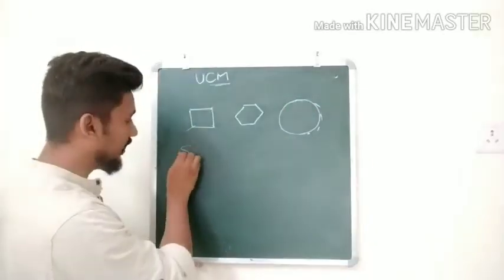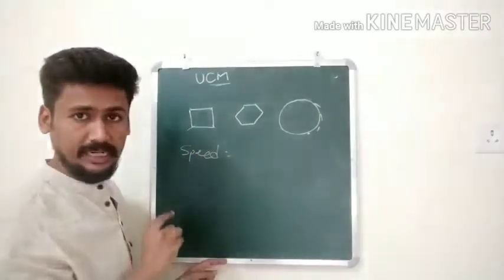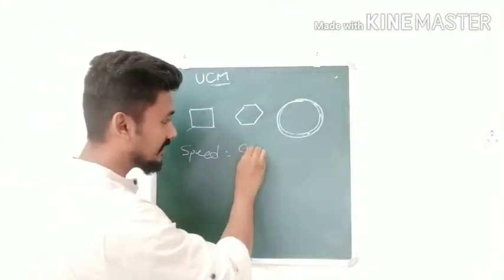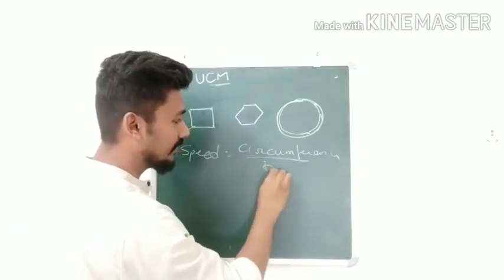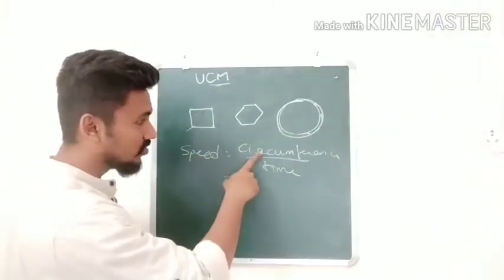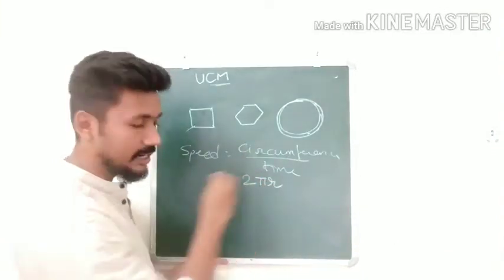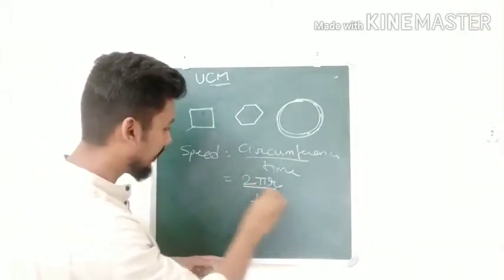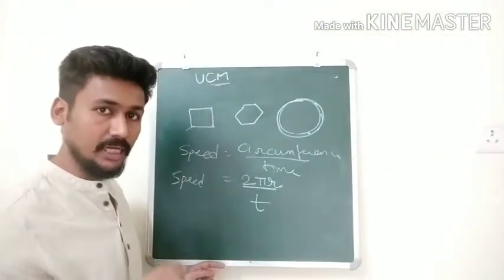Now how do you find out speed? To find out speed, use the formula distance upon time. When you are in a circular path, how much is the distance? Distance is nothing but the circumference, correct, divided by the time. So to find out speed in a uniform circular motion, you find out circumference. How much will be the circumference? For a circle, circumference is given by 2 pi r, where r is the radius of that circular path, divided by time. So this gives the formula for speed of a uniform circular motion.